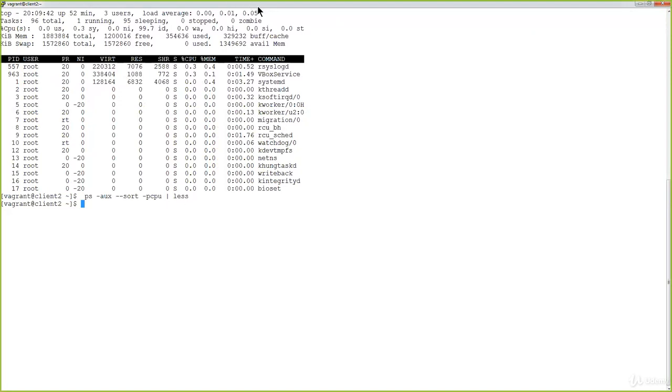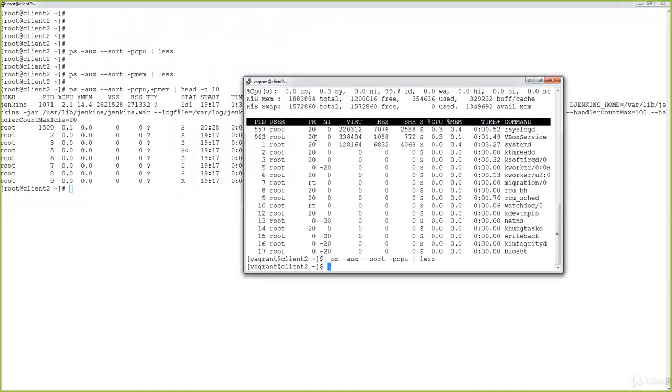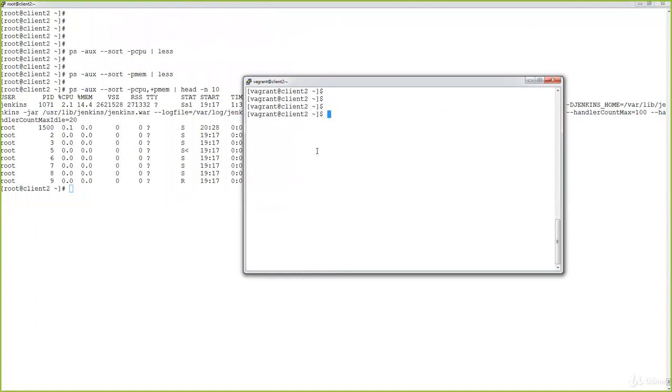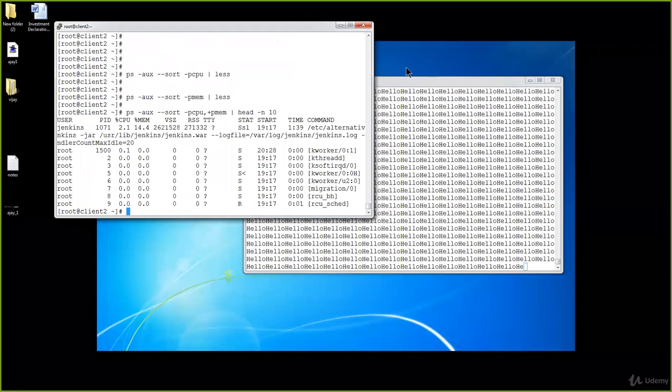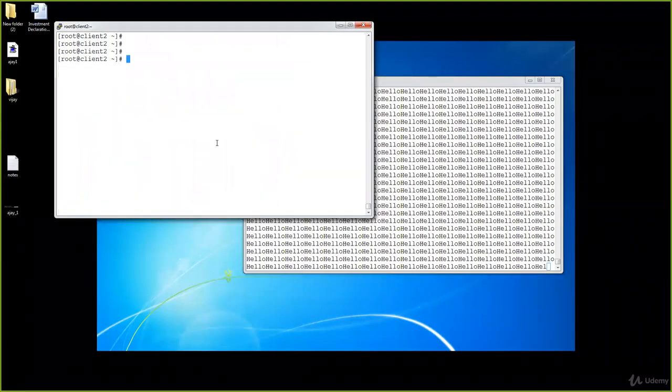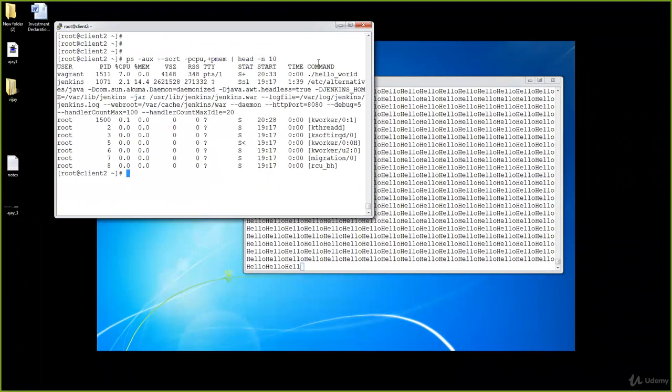All right, this is the other terminal, and we'll keep it like this. We have one script called hello world. We'll execute this script. Right now the script is executing, and we'll resize our other terminal, refresh it, and run our command for the top 10 processes. So here we can see hello world has now come up on the top line because it's